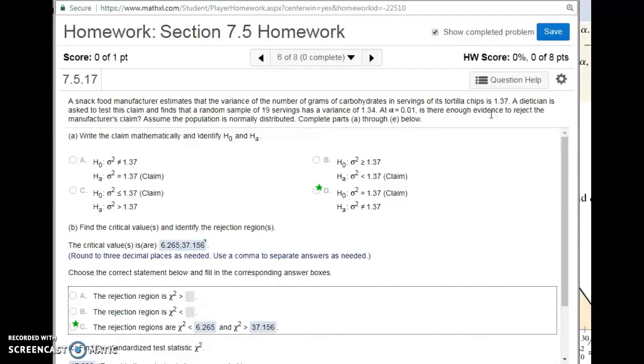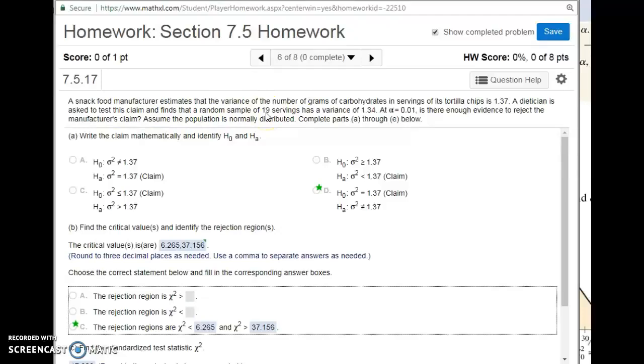And the FDA and other organizations can monitor that by using this sort of test to make sure the manufacturer is actually meeting that goal and keeping us close to how much nutrition they say is in their product that they're making. So in this example, a dietitian is asked to test the claim and finds that a random sample of